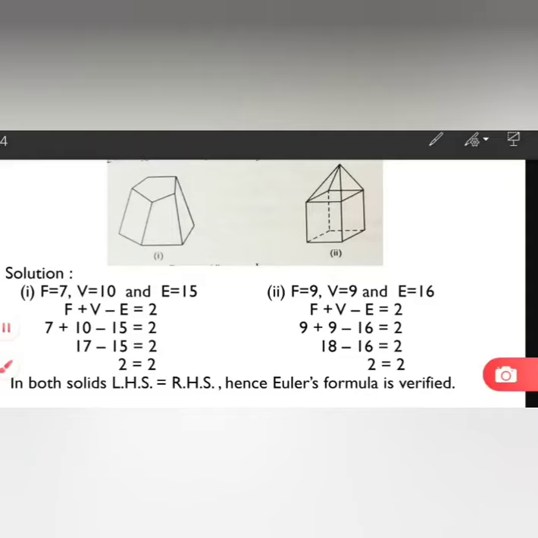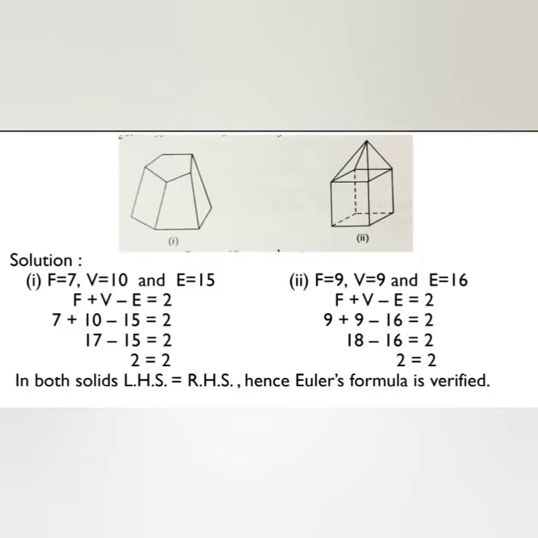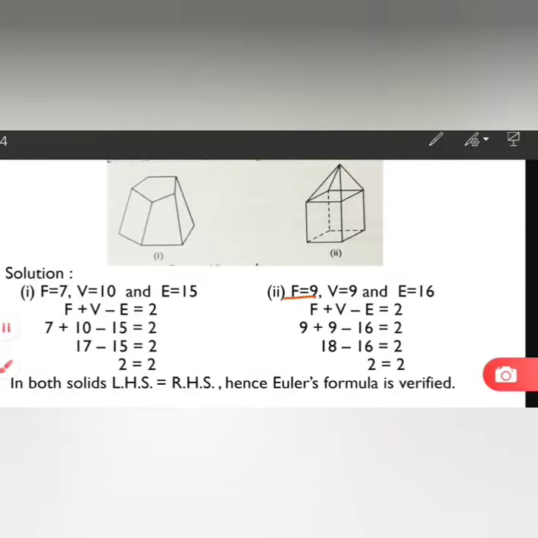Edges, again you can see, 4 this down, 1, 2, 3, 4, 5, 6, 7, 8, 9, 10, 11, 12. 12 and these 4 of triangle, 1, 2, 3, 4. So 12 and 4, that is 16. So there are 16 edges of the given shape. So we write here faces is 9 as we counted, vertices 9 and edges 16.